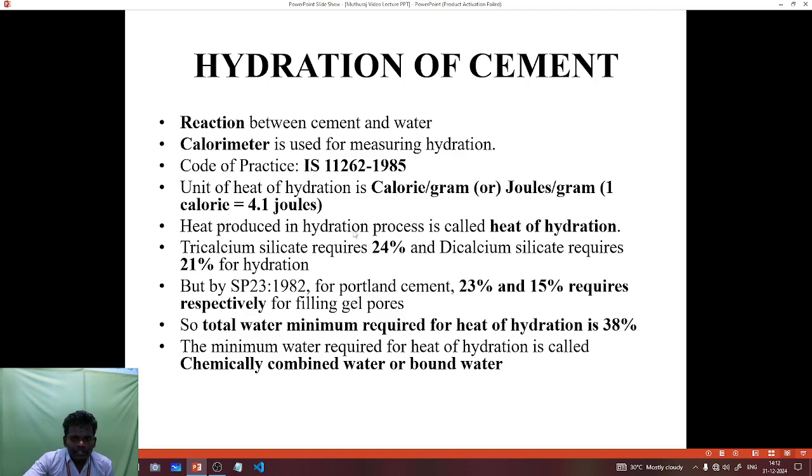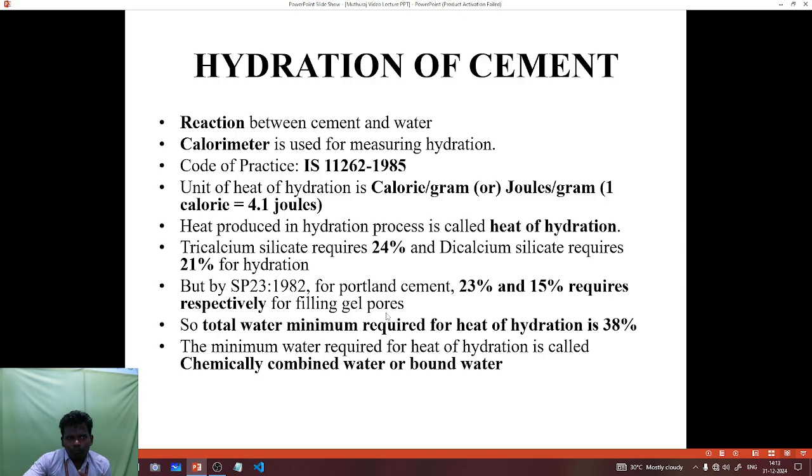The heat produced in the hydration process is called heat of hydration, which means the reaction between cement and water. The heat produced due to this reaction is called heat of hydration. Tricalcium silicate requires 24% and dicalcium silicate requires 21% of hydration. But by SP 23 and 1982 for Portland cement, 23% and 53% are required respectively for filling gel pores, which means